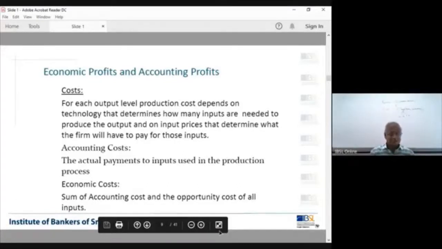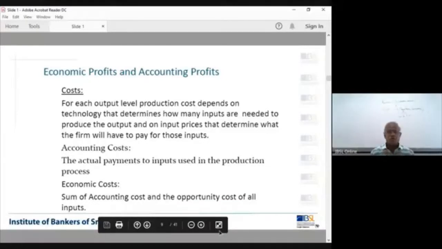But developed countries are not like that; highly organized companies are there. So that is one of the problems in paddy cultivation here in Sri Lanka. So, the inputs, that is technology. Technology is labor intensive or capital intensive. Now we are going to define accounting cost, direct cost, explicit cost,